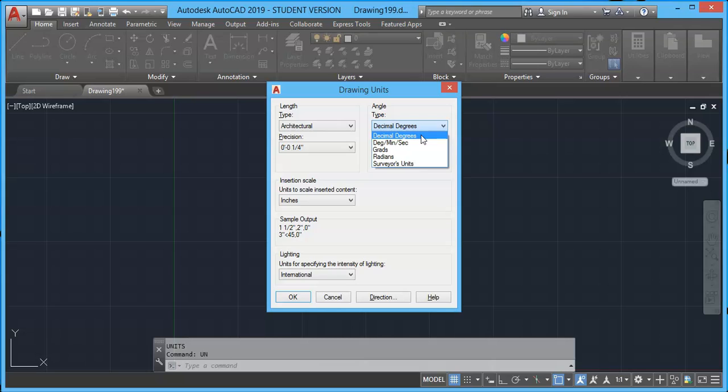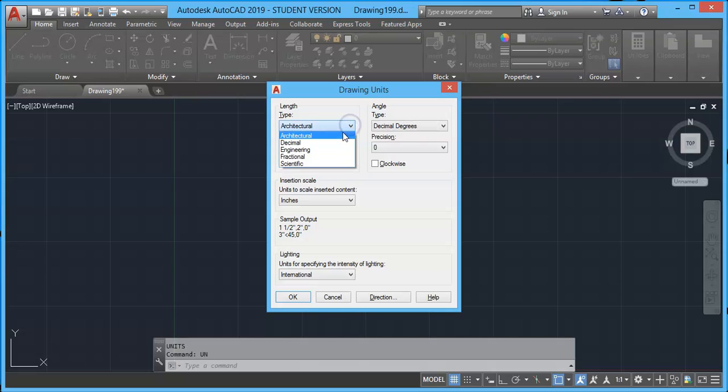If you want to use degrees, minutes, seconds, then you can set to 2 degree, 5 minutes, 30 seconds, like that you have to specify. Generally we use decimal degrees only, and there are other units like gradient, radian, survey units. Make sure which units you are going to use and set it.